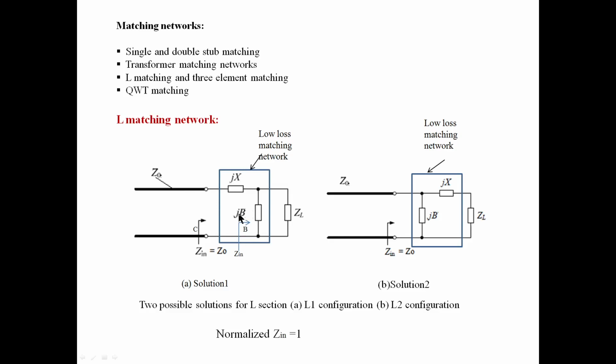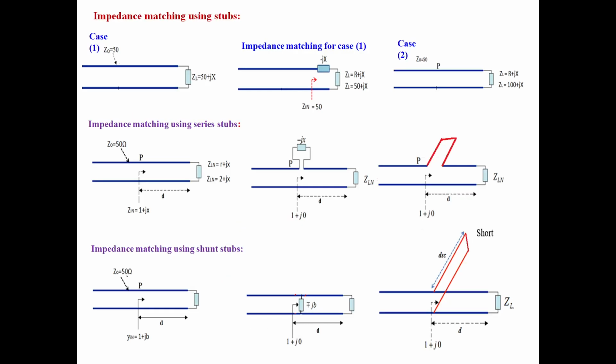This is after a transmission line, not like single stub matching. Single stub matching is different. In single stub matching, we were traveling along the transmission line and finding a position, and we were connecting a component either in series or shunt, moving over the transmission line. But it is not like that.